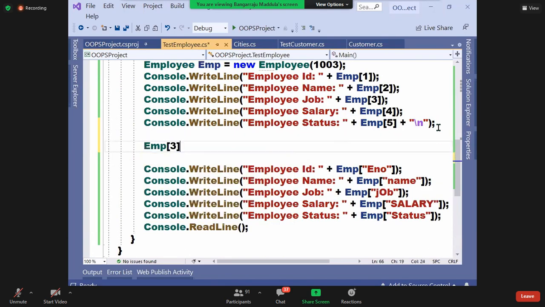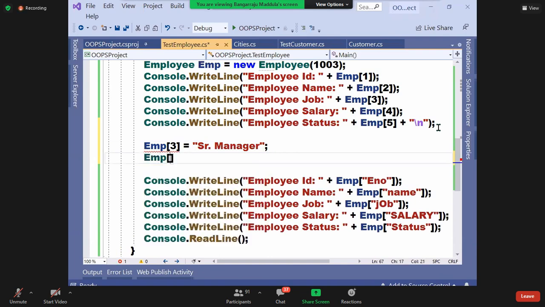EMP of 3 is equal to, I'm trying to assign a value, senior manager. And EMP of, here I'm writing salary is equal to 30,000.